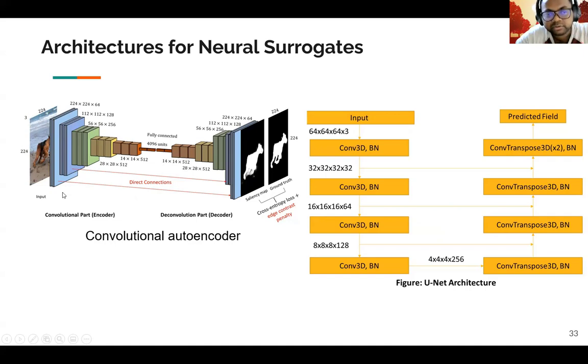Say you start with a 224 by 224 mesh, you end up again with a 224 by 224 mesh in the end. So you start with known values of SD and go to unknown values of UD.